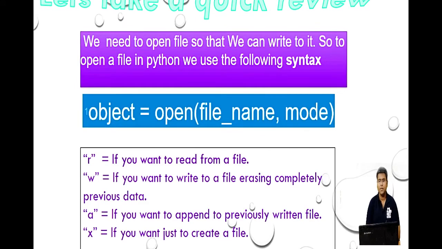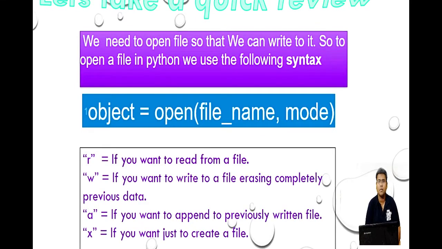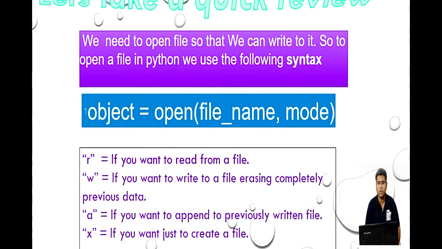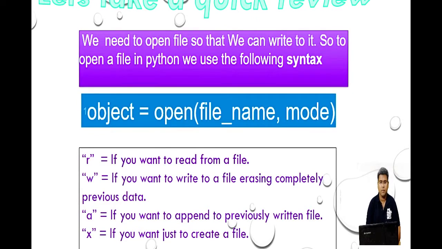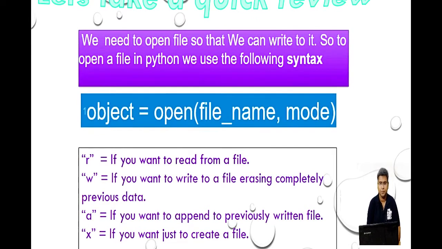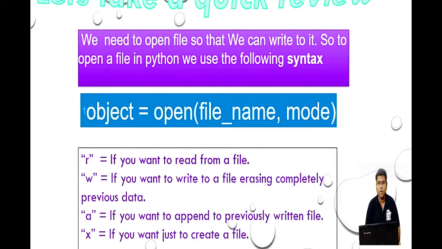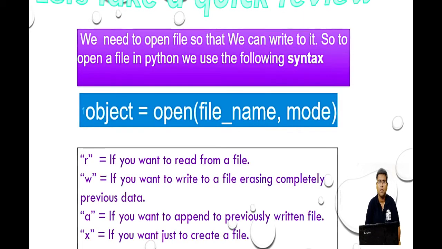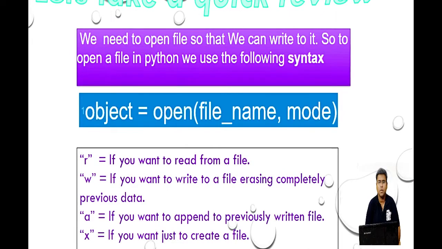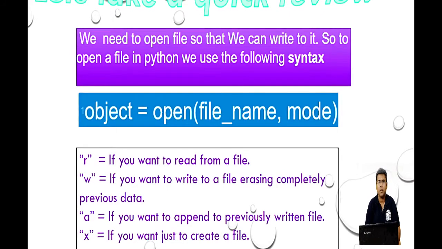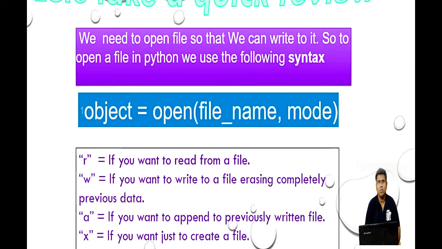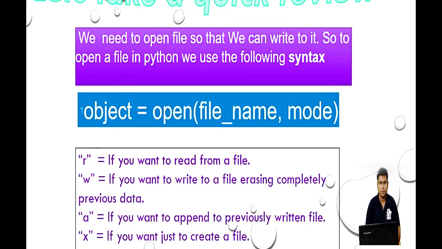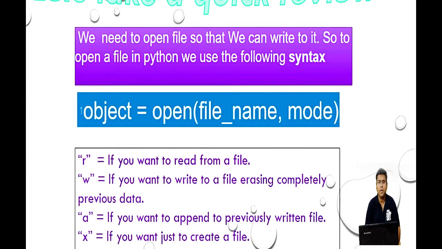As you can see on your screen, we are discussing some previous things. We need to open a file. As I have discussed previously, suppose you want to perform any type of operation, all you have to do is first open the file on which you want to do some operation. So how will you open that file?